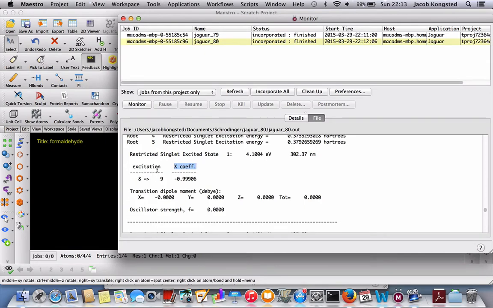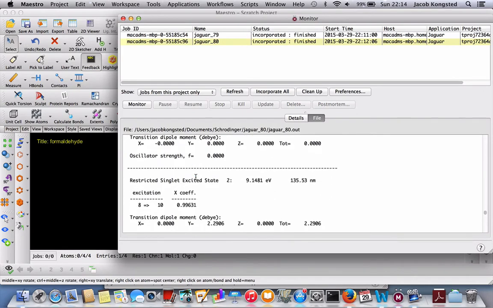From the information down here I can see that this lowest excited state consists of a single Slater determinant, which consists of a promotion of an electron in the HOMO, orbital number 8, to the LUMO, orbital number 9. I can see here that the weight of this determinant is almost 1, so this is actually the only Slater determinant that enters into the expression for the excited state.